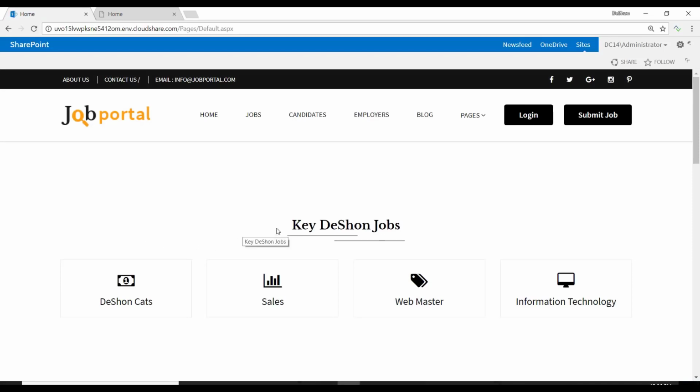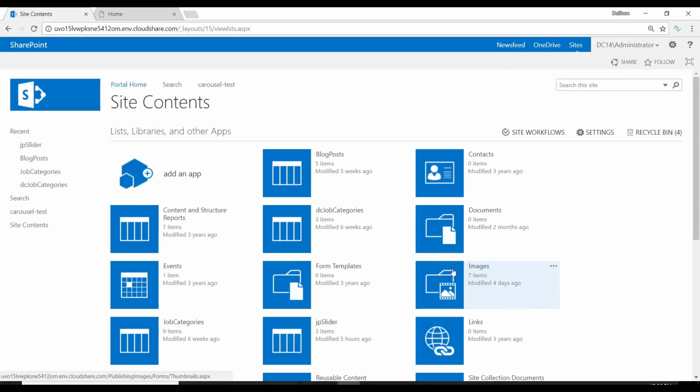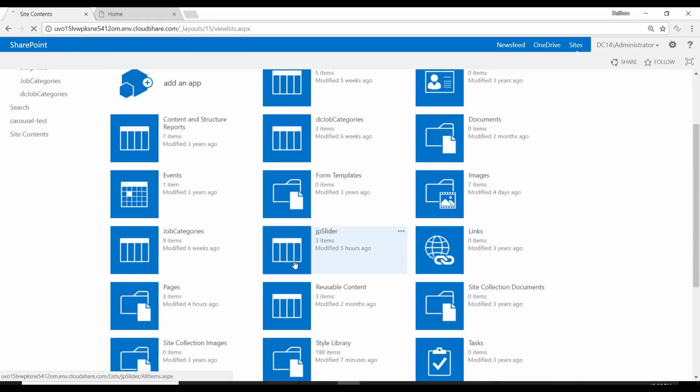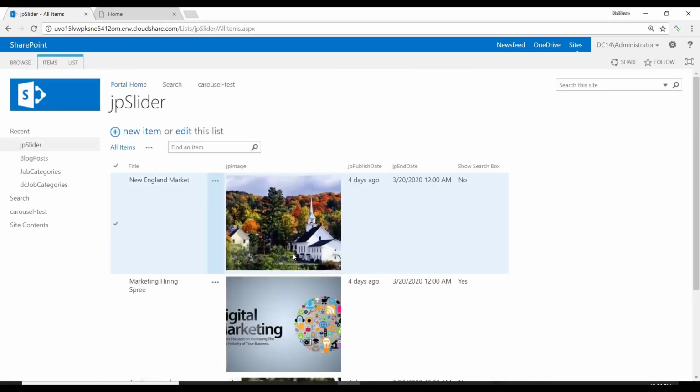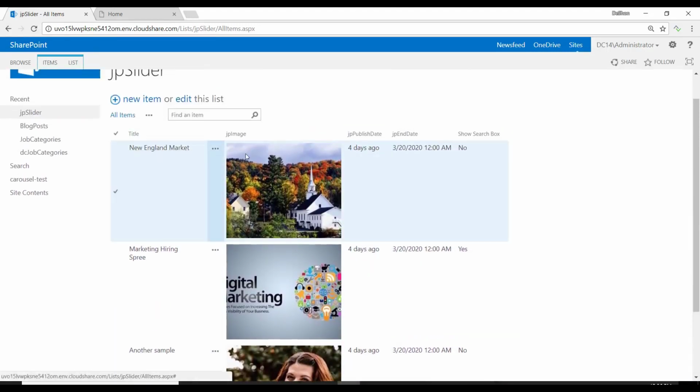Now, if we switch back over to SharePoint, for the web part, you saw that the carousel had slides and a login form. So that's pretty basic. And I have this custom list here called JP Slider that's going to give me 3 slides to play with. It's really basic. It's just the title, the JP image, which is a publishing image column, the publish date, the publish end date, and then